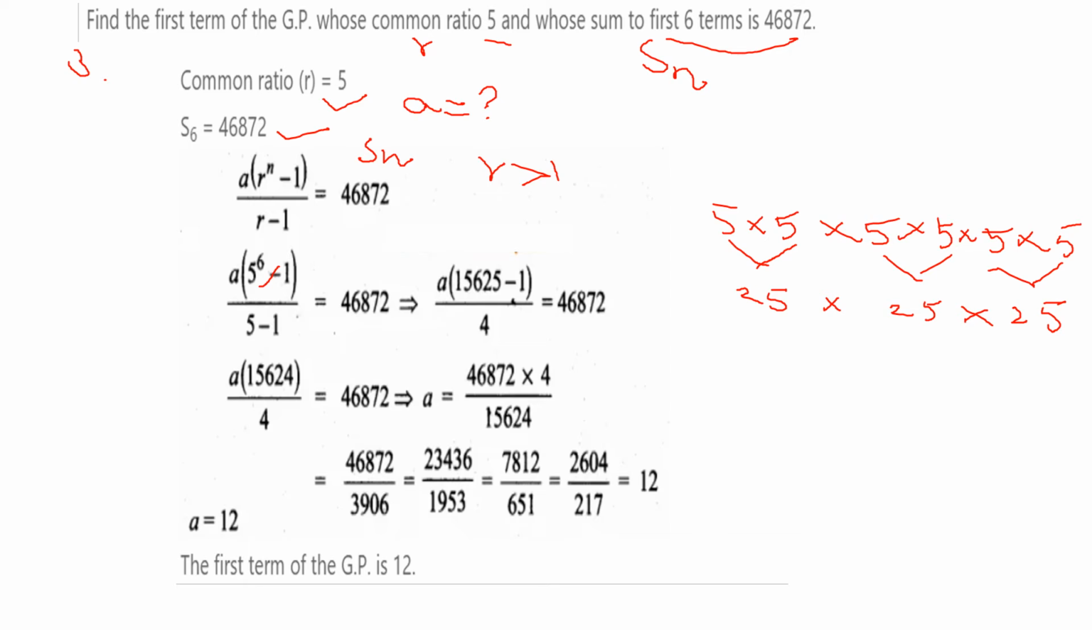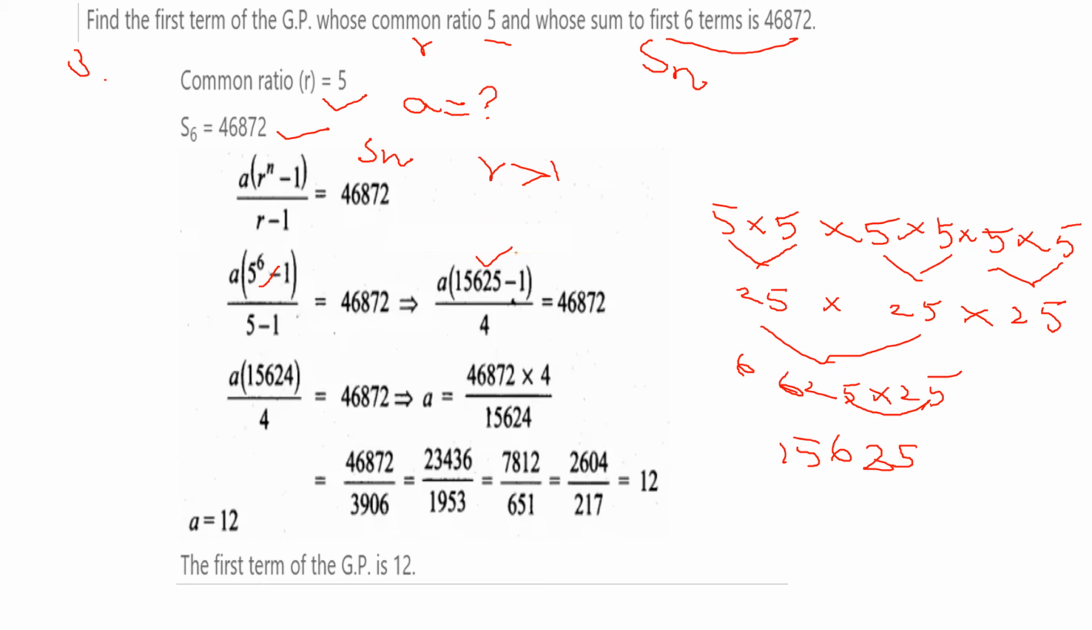25 25s are 625. So 5 25s are 125. 2 25s are 50. 50 plus 12 is 62. 6 25s are 150. 150 plus 6 is 156. So 15,625 minus 1, divided by 5 minus 1, which is 4, equal to